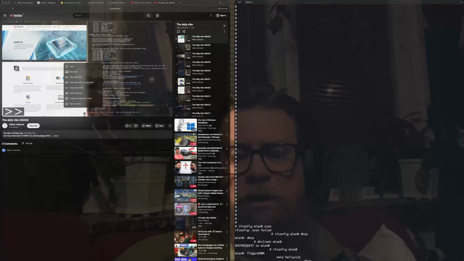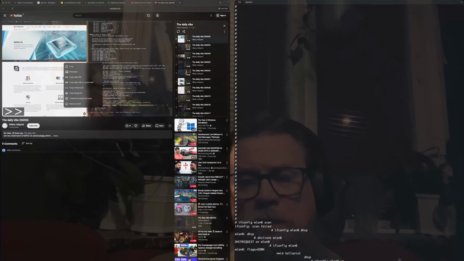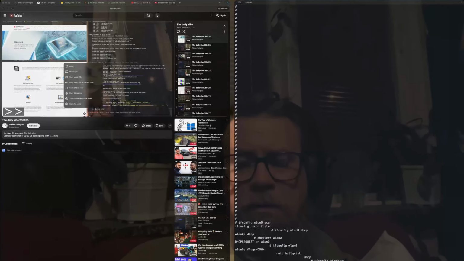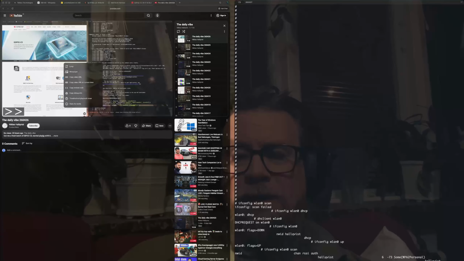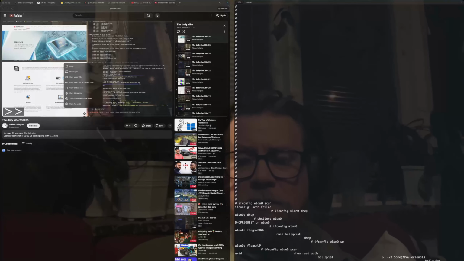I forgot to bring the network up, I think. We'll see if it will connect now. Ifconfig. It scans, finds it. Good. It's not so bad after all.